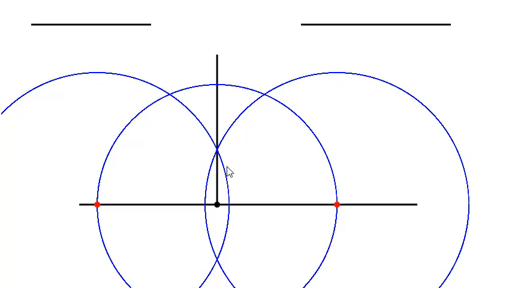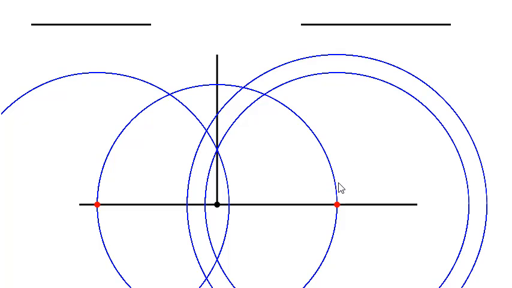What we need to do now, we have the right angle, so we need to put in the hypotenuse. To do that, we are going to set our compass width equal to the length of this line, and we will draw a circle centered on this point here, and that circle will have a radius length equal to the length of the hypotenuse. So we'll draw that circle now. Okay, so if we mark here where our circle intercepted our perpendicular line, and if we now draw a line between these 2 points,